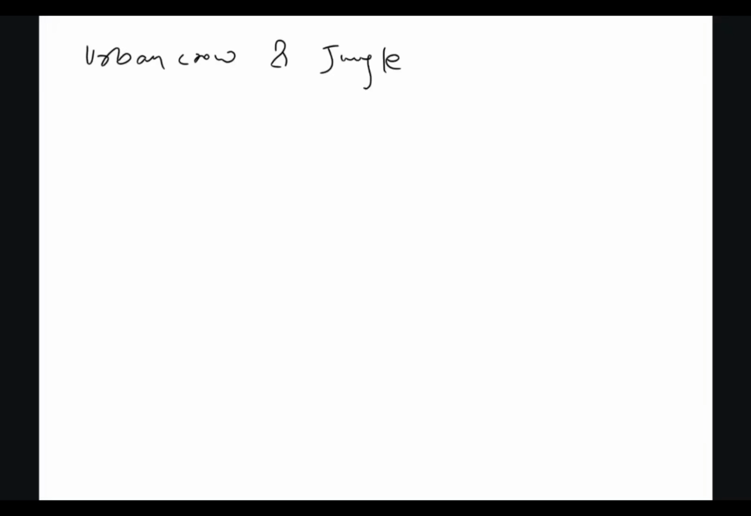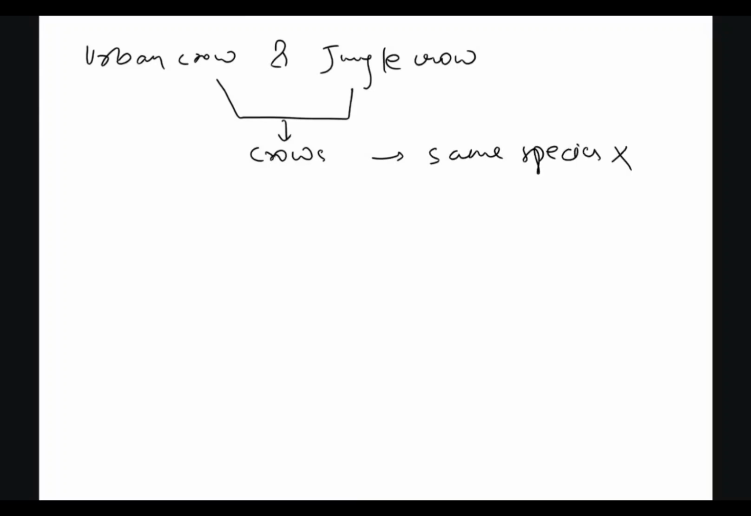Let's hop into it. The urban crow, right, and the jungle crow, both are what? Both are crows. So you might think that they belong to the same species. No, they are not from the same species. They belong to different species, right? Now how? You may say that both are crows, right? But the thing is, they cannot interbreed, okay? Cannot